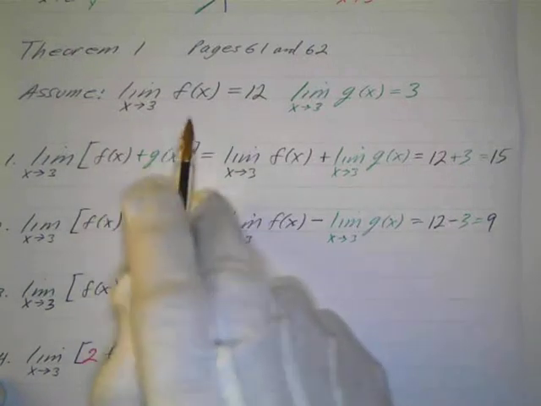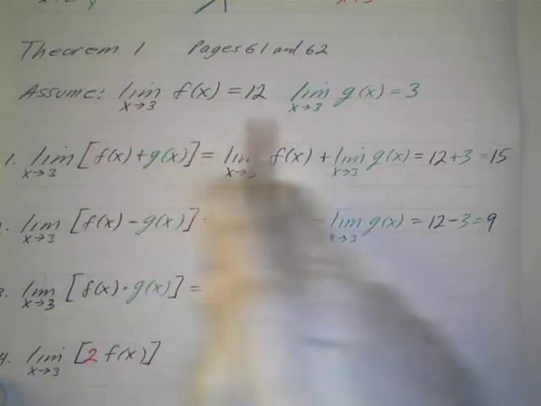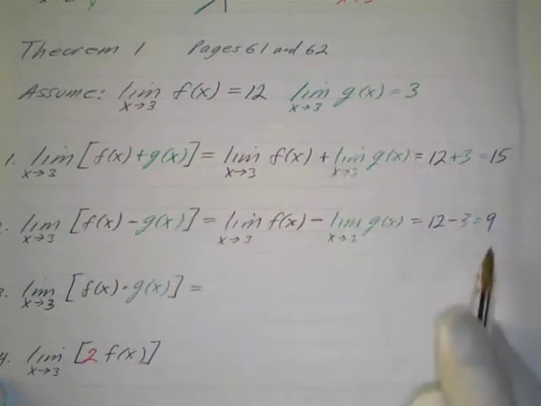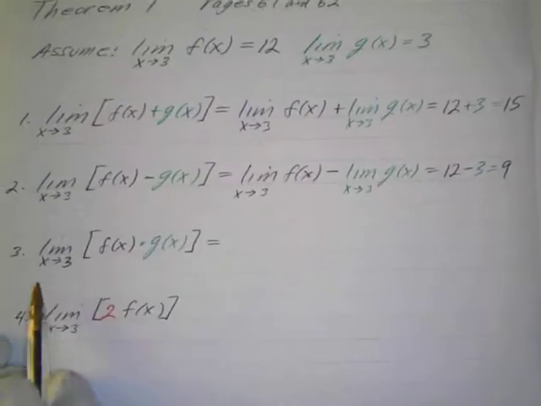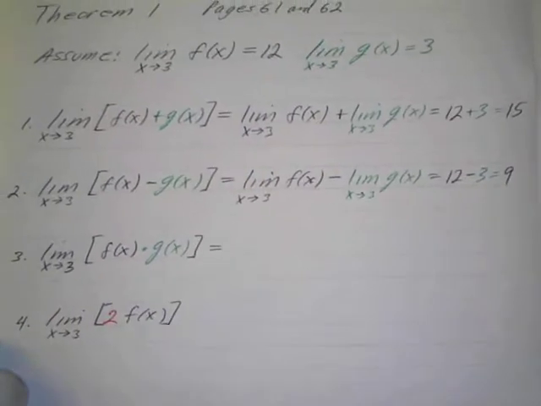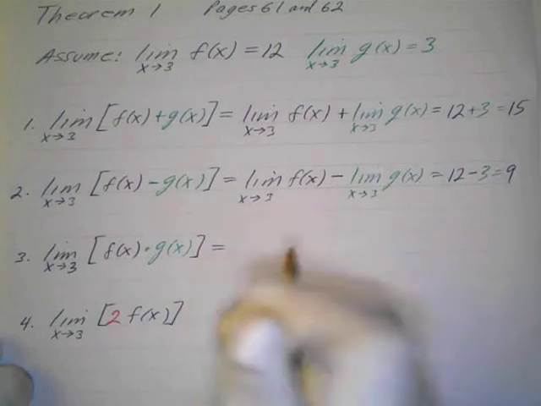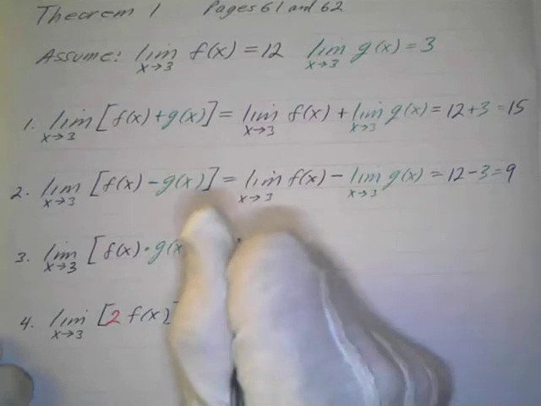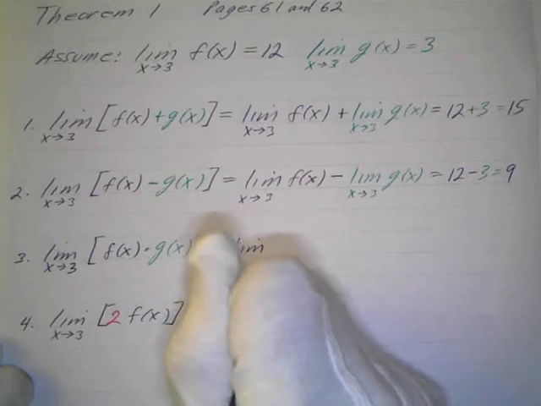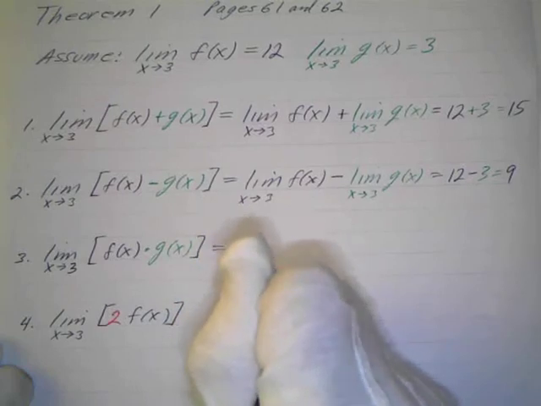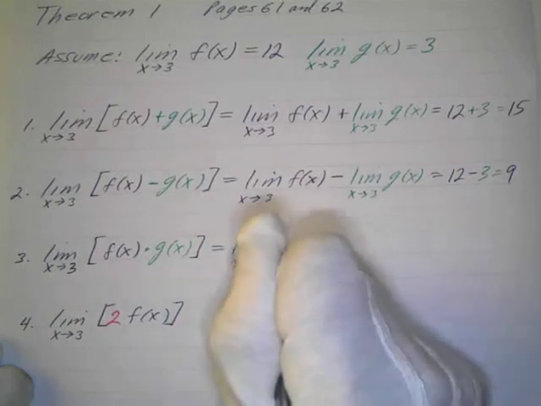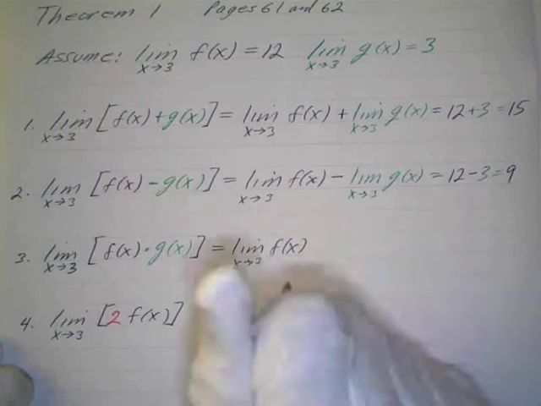If indeed the limit as x approaches 3 of f of x is 12 and the limit as x approaches 3 of g of x is 3, then we can simplify that. Okay, number 3, the limit of a product, and that's going to be the product of the limits, so we could write that as the limit as x approaches 3 of f of x times